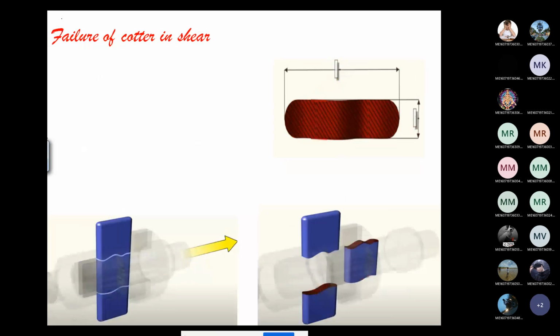Now, fifth point. What is the fifth point? Failure of the cotter in shear. So you can see how the failure is going to appear because of applying the load on a cotter joint. Because of applying tensile load, this load is going to be distributed over the socket in this manner,